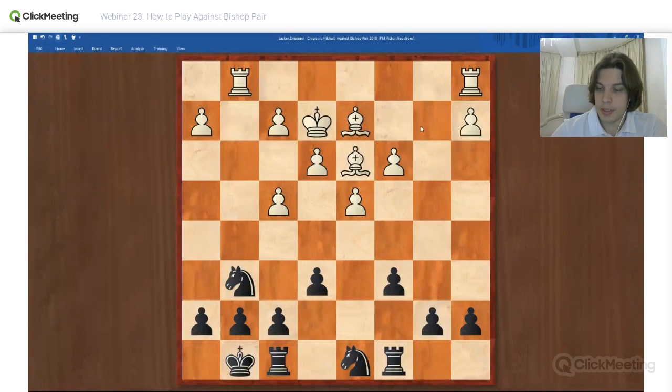Okay, perfect. So today we are going to talk about how to play with bishops, with knights against a bishop pair. What do you think? What's the best way? What should we do? You can look at this position and tell me how to play here for black, just some general aspects of black play that black should follow to be able to get better knights than these two bishops.